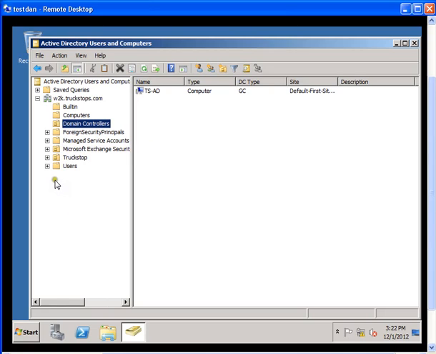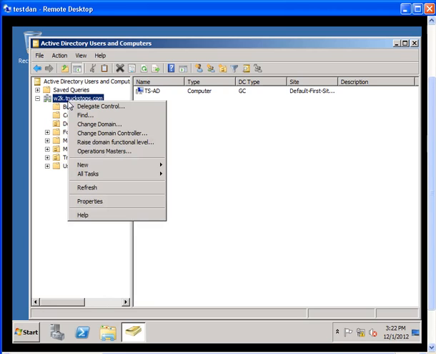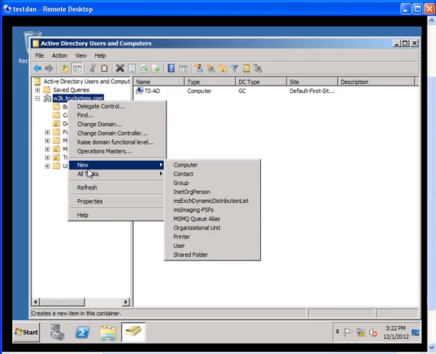Another thing, if you need to create a different organization like I have right now, Truck Stop, you will need to go here, click on the domain name, and go to New, and that's what you want to make here. There are different options that you can add. Before I do that, I will start adding from the new organizational unit,